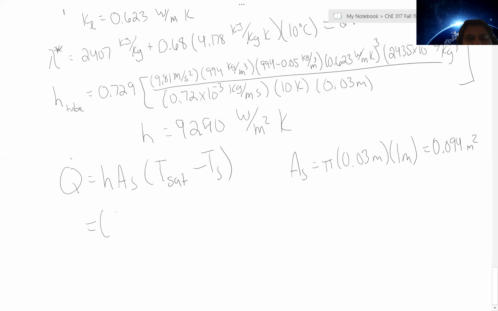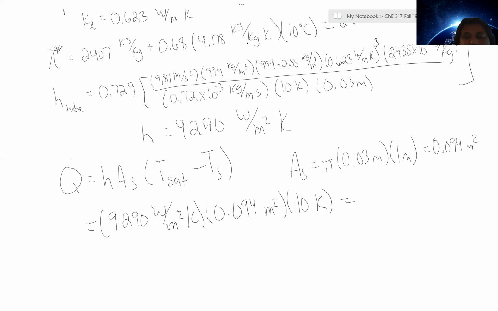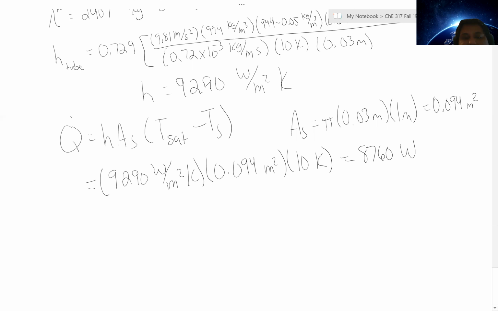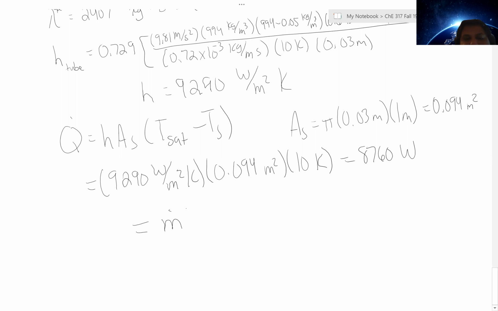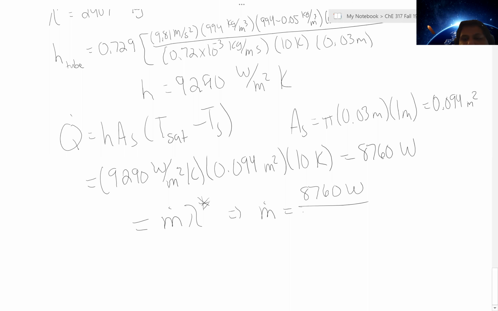which makes Q 9,290 watts per meter squared Kelvin times 0.094 meter squared times 10 degrees Kelvin, which gives us a heat transfer rate of approximately 8,760 watts, which, as I stated in our previous problem, is equal to m dot lambda star, which implies m dot is equal to 8,760 watts divided by